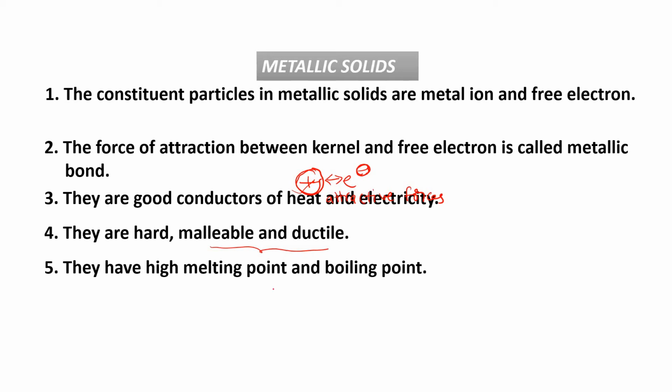They have high melting point and boiling point, because of the same thing: they have strong forces of attraction between the kernel and electron that we call metallic bond. Once the metallic bond is strong, they get higher melting points and also boiling points here. They possess luster and color. When light strikes the metal, they glow. That glowing is nothing but the luster nature, and they also exhibit color. Because the free electrons absorb the light and get excited, and they come back to the ground state. When they come back to the ground state, the electrons emit a certain frequency in the visible region.